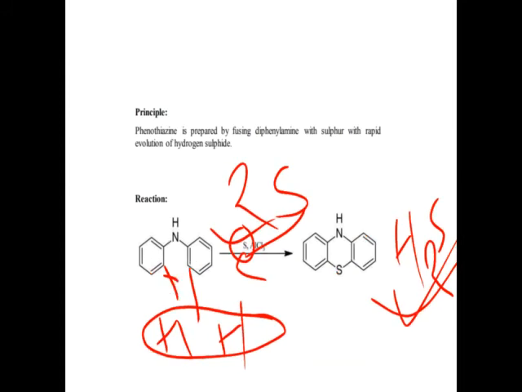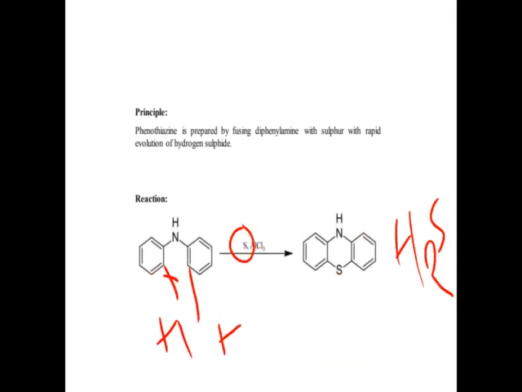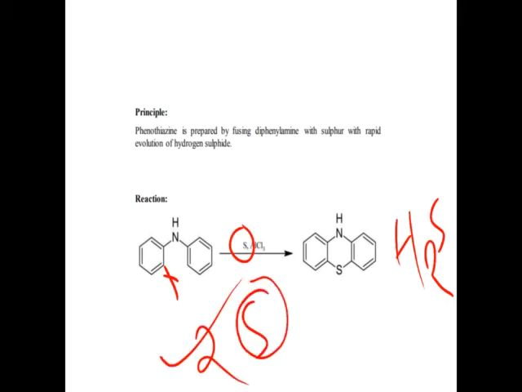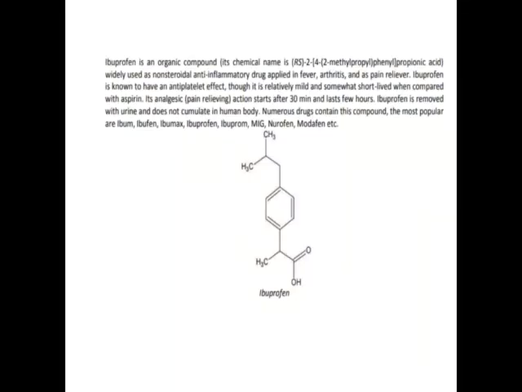That is the simple mechanism behind the phenothiazine synthesis. So just remember that only two sulfur are used. One sulfur and the two hydrogens form H2S, and the remaining sulfur binds here, and you get the structure of phenothiazine. Now we are moving to the final part of your